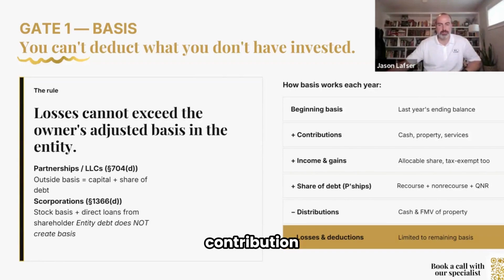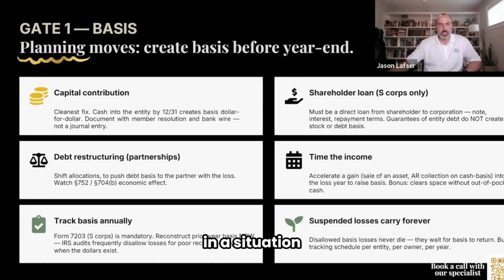You get the same increase in basis whether it's a contribution or a loan, and there's less tracking related to the capital contribution. So again, if you're in a situation where you may have basis limitations, what are some things that you can look at? Again, putting money in, that capital contribution will give you an increase in basis. If you do need to go the route of a loan and want to loan the money to the corporation, you certainly can do that.